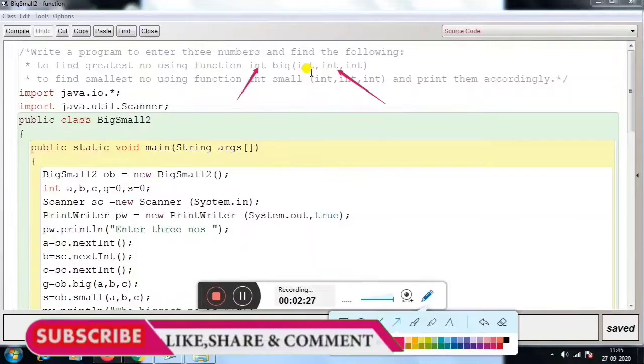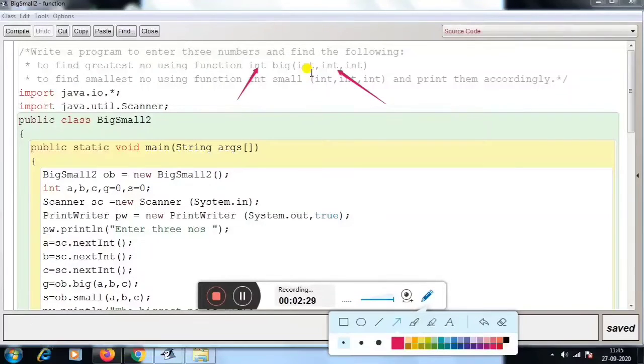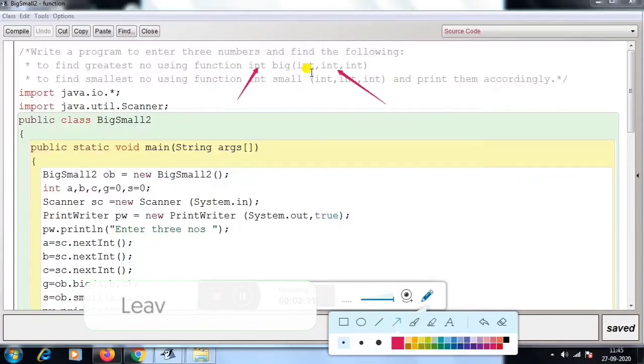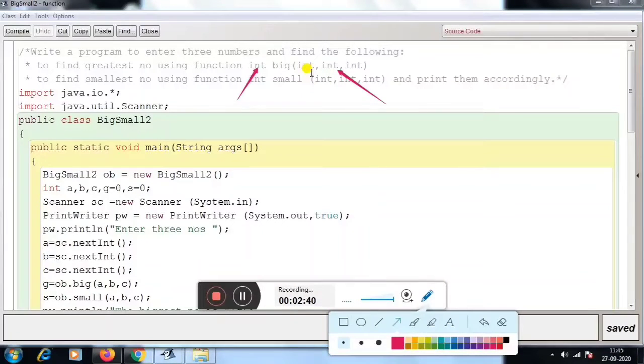One thing you remember: if we print the output under the main function, or if we enter the numbers under the main function, then the Scanner and PrintWriter classes we have to declare under the main function, and whatever variables we need, those also we will declare under the main function.